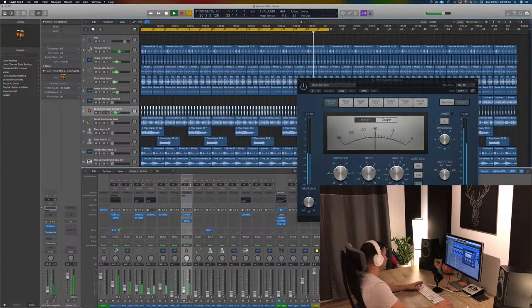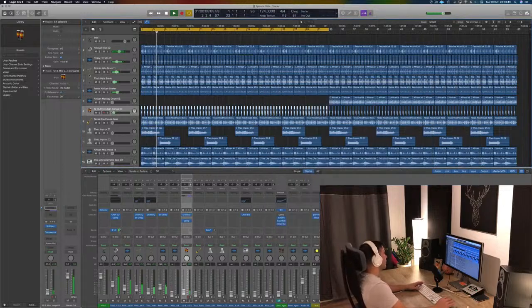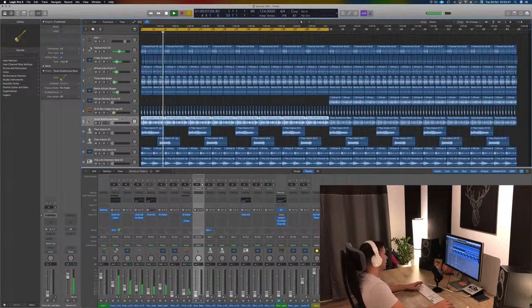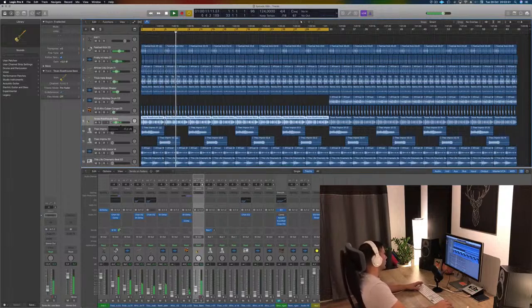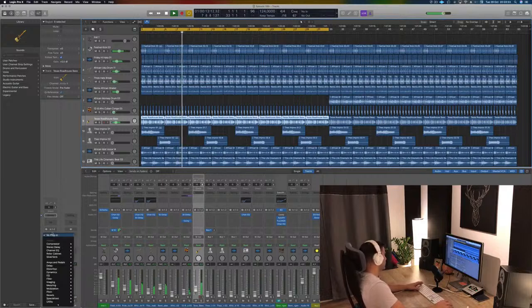That's much better. Let's put that in the back, just really gently in the back. Not too prominent, and then I think we're ready for the bass. It's good, we already have our sidechain channel on, so